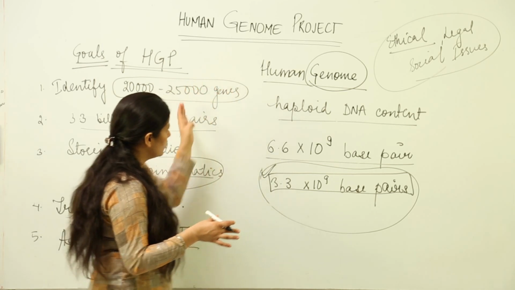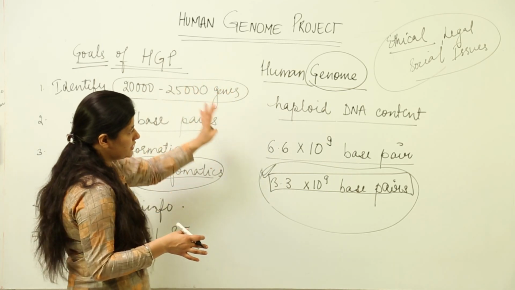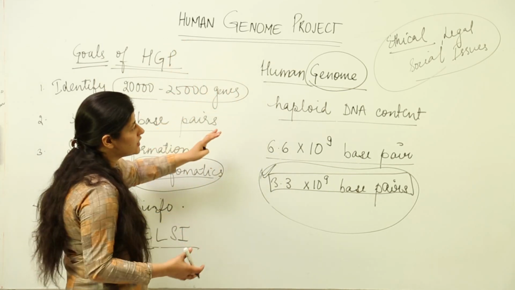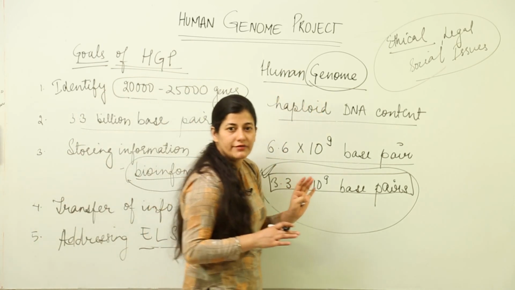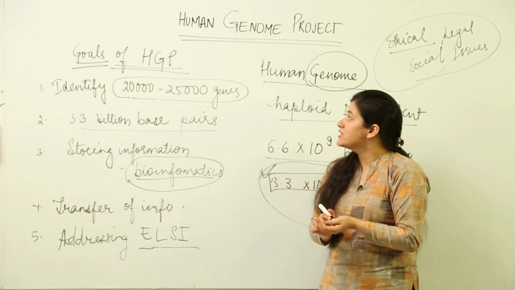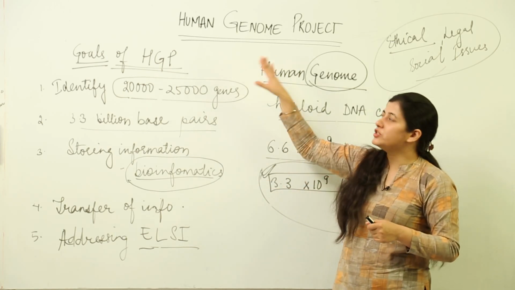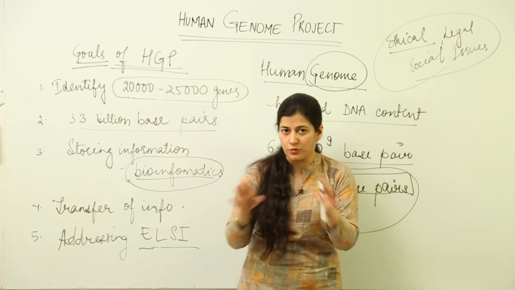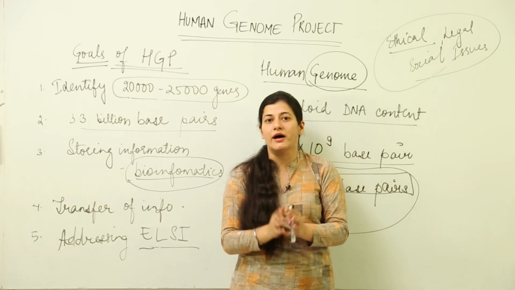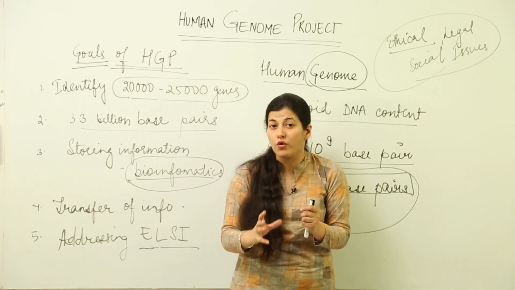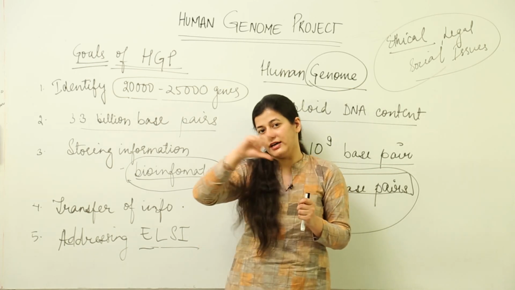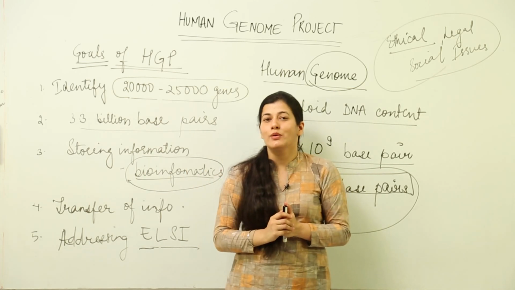So these are the goals of the Human Genome Project: what they are seeking, what they are looking for, why they started looking for it and what they have to address when they are doing this project. This is the basic introduction that you need to know about the Human Genome Project. So we are done with the introduction. The next lesson is about the various methodologies which were involved in coding out that sequence and finding out what all sequences are there, which is in the next